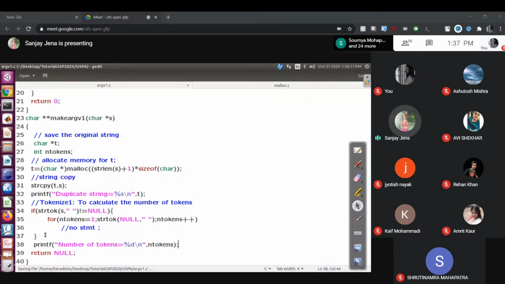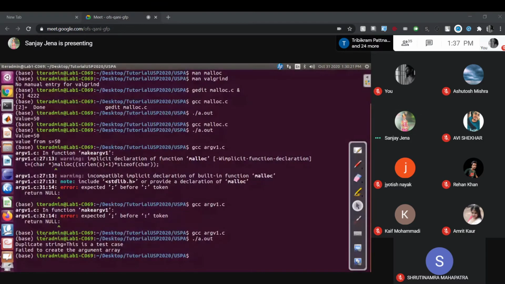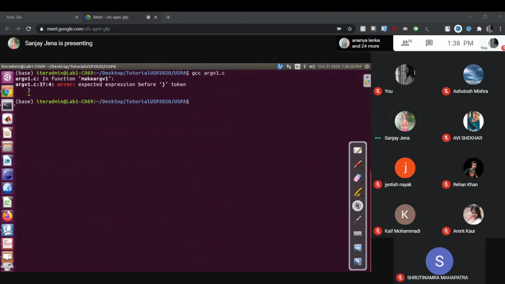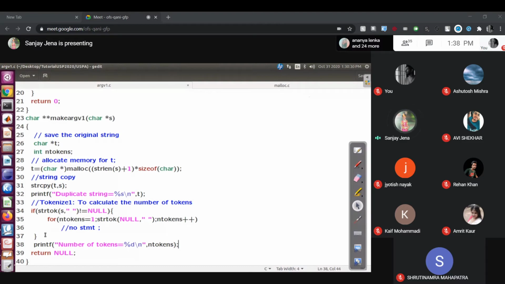Be quick. Complete one version today. Now run the code. Something is missing. Where is the error? Line number 37. What is the error in line number 37? The loop is not closed.